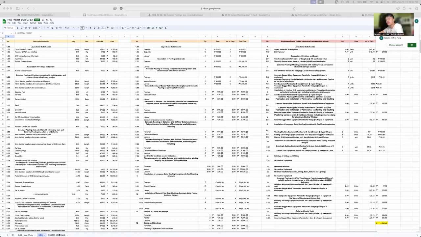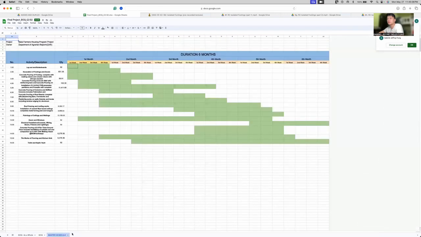And then regarding the master schedule for sections 6 and 8, here is the diagram for that. For section 6, it took approximately 7 weeks to accomplish, and then for section 8, it took approximately 14 days or 2 weeks to accomplish. Wait, not 2 weeks. That was section 9. My apologies. So it took approximately